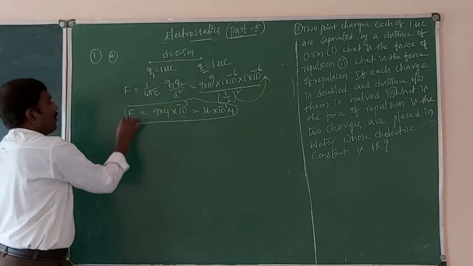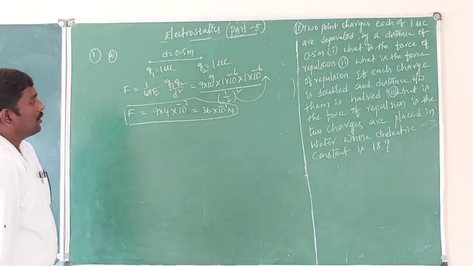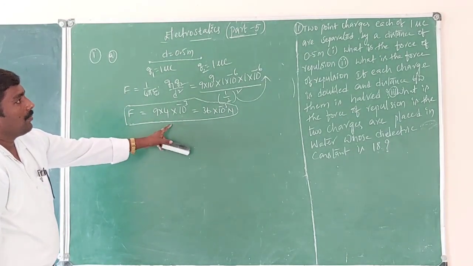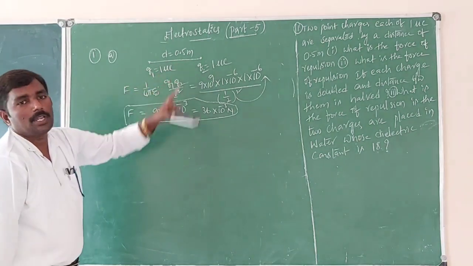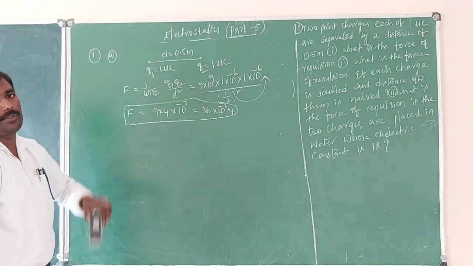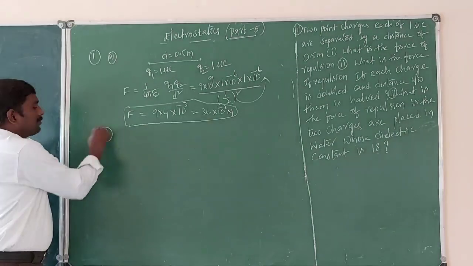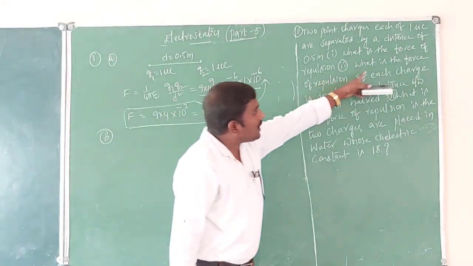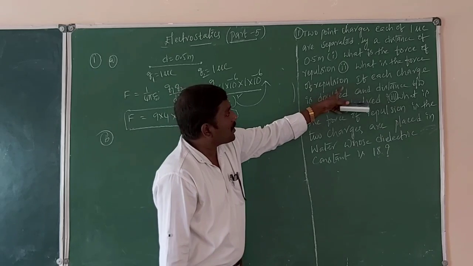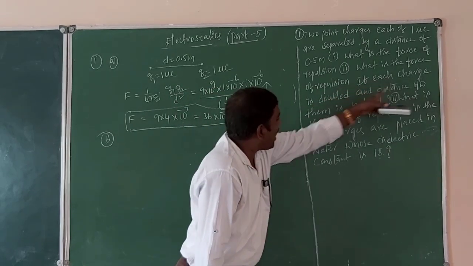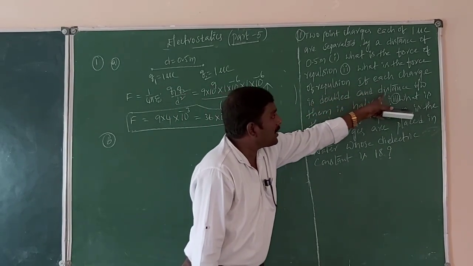This is the force between these two charges. Which force? Repulsive force. Another one. See, what is the force of repulsion if each charge is doubled and the distance between